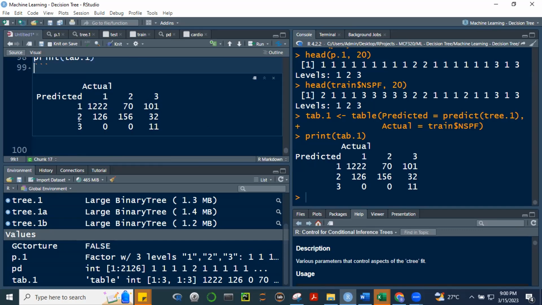So we predicted it to be 2, pero ang actual niya 126 yun. Pero yung 2 na predict natin, pero 2 din siya, 1556 tama, no? So predict natin na 2, pero it turns out it was 3, 32. Alright, so yung diagonals natin dito are the ones that are correct, okay? And the ones that are off diagonals are wrong.